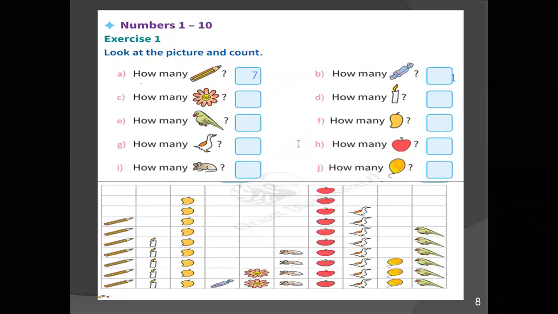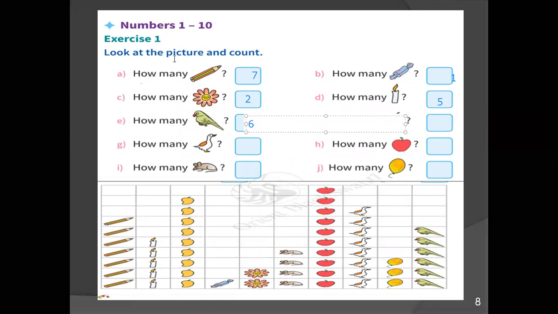How many flowers? Where is the flower? Here. See. 1, 2 flowers. Yes, no? How many flowers? We will write 2 here. Then, how many candle? Where is the candle? Here. Count now. 1, 2, 3, 4, and 5. How many candles? 5 candles. Yes. Now, how many parrot? 1, 2, 3, 4, 5, 6 parrot. How many parrots? 6 parrot. Yes. We will write